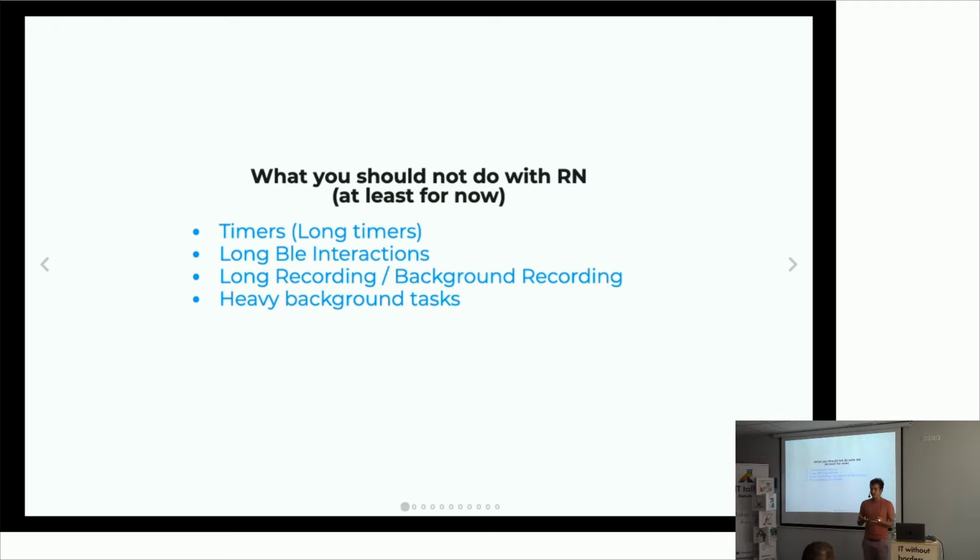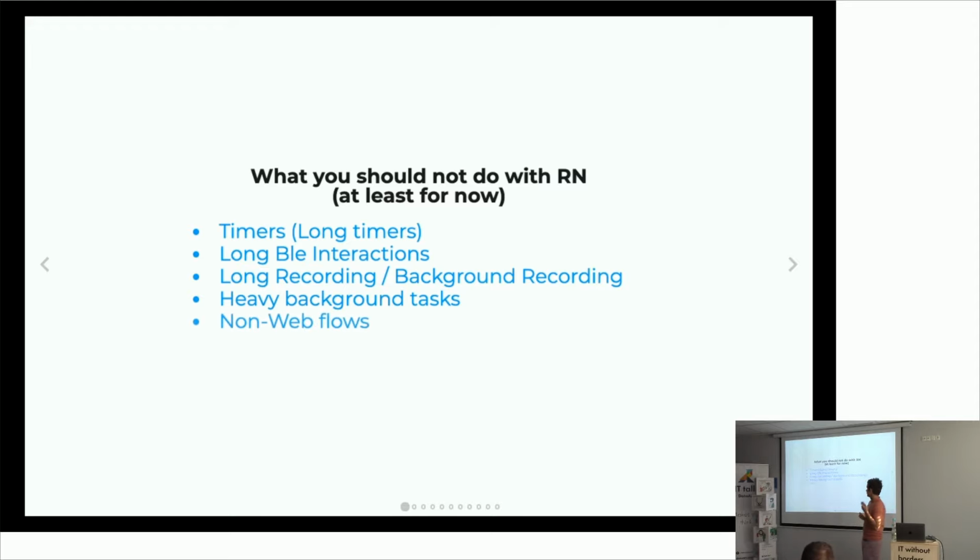But when you're a front-end developer, you're not really thinking in these terms when you start to develop. You should know this. So background recording of sound, background interaction with Bluetooth, or any heavy background task like analyzing, they may or may not be shut down during execution.